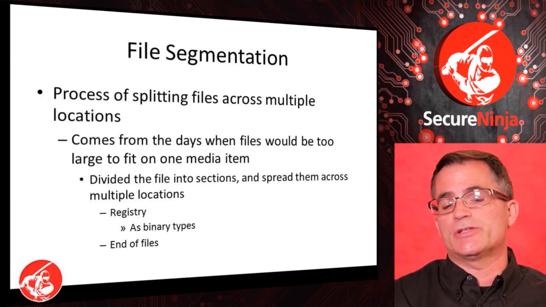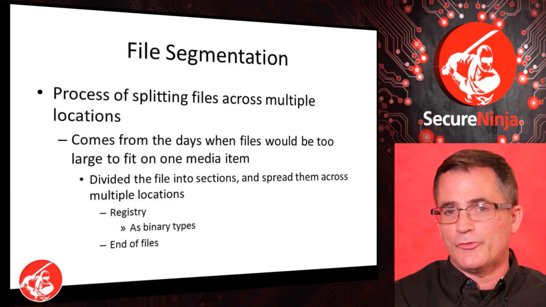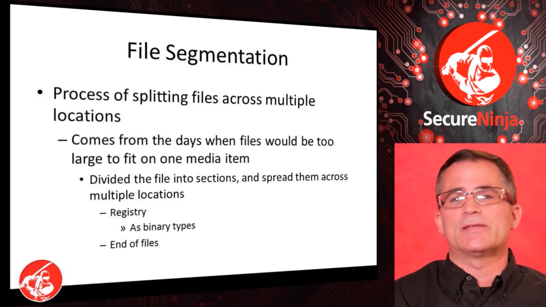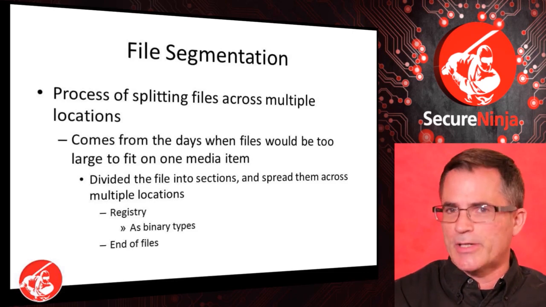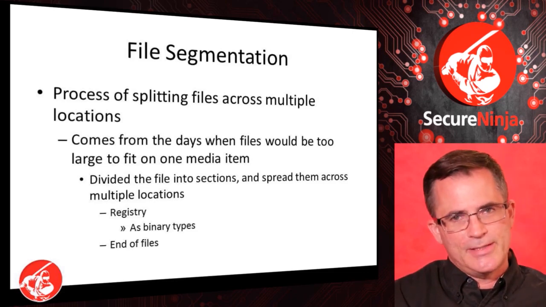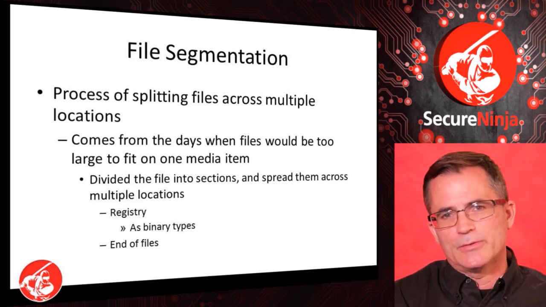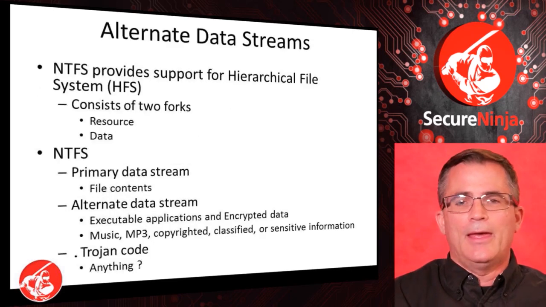Put some in the registry as binary types, put them at the end of files. We put them in locations where it's hard to extract them. Again, these are methods we can use once we compromise that server, as our red team does. We hide information, hide it in plain sight. And my favorite,